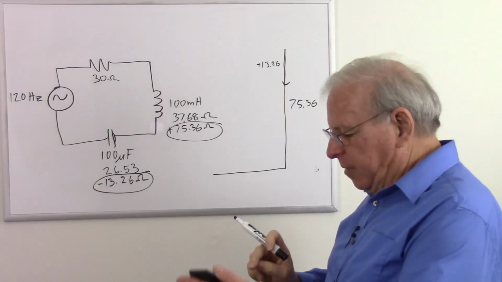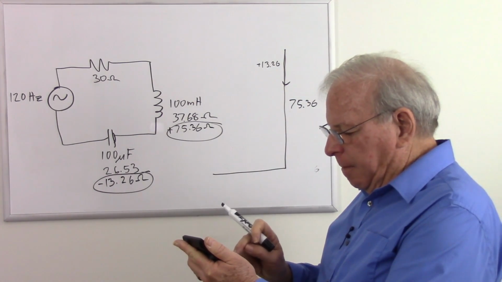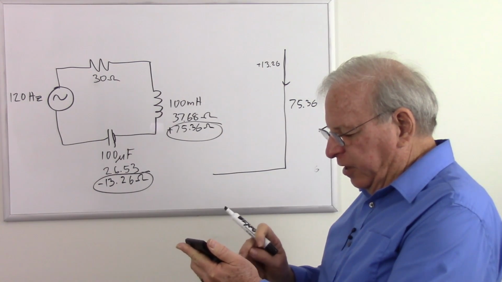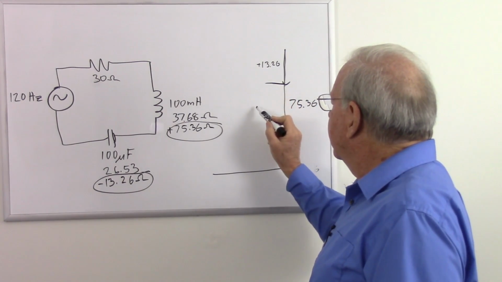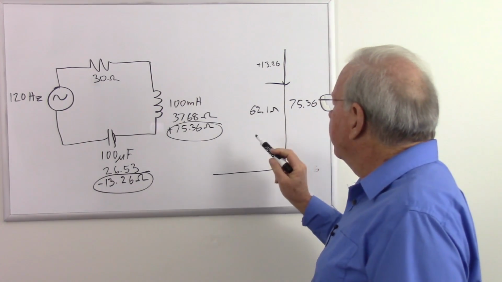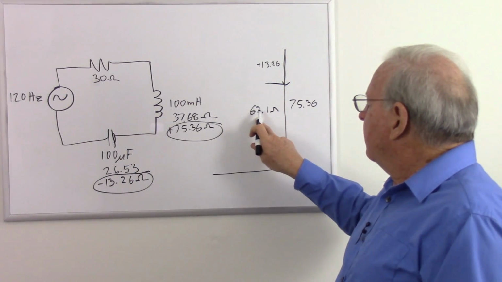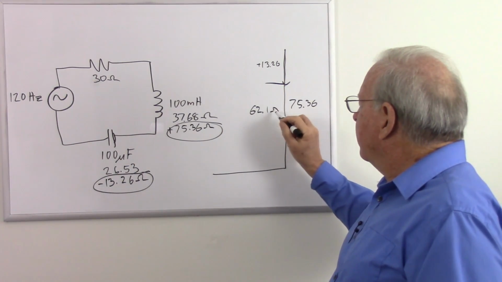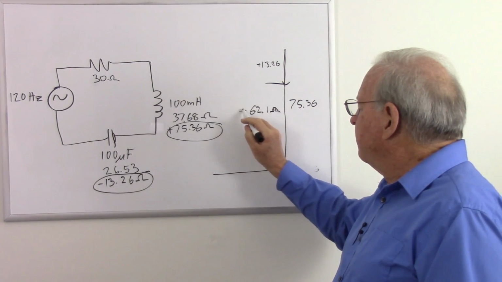So what's the number going to be? 75.36 minus 13.26 equals a total of 62.1 ohms. So now that we've doubled our frequency, we went from a reactance of 11.15 ohms positive, meaning inductive,